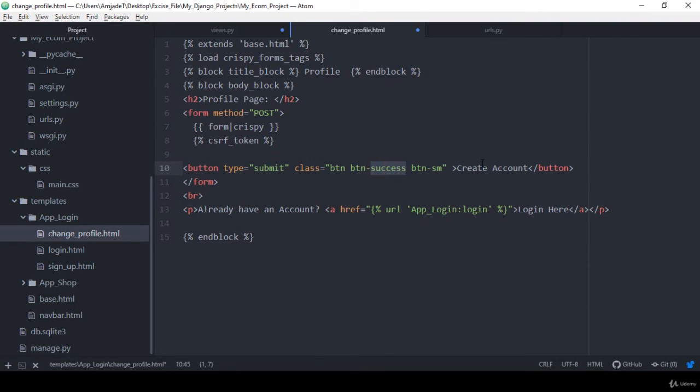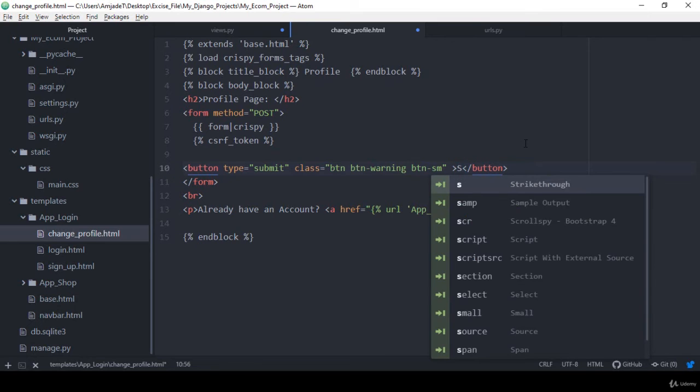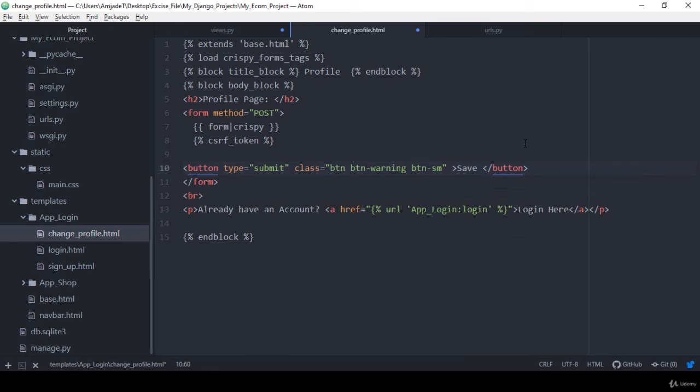and here I define the class as btn. Better I want to use warning. Okay, I define warning, and then btn-sm, and then our button name. So our button name will be save. Okay, save. So this type of button will be visible, and after that there is our form,